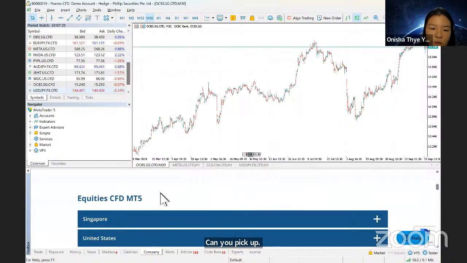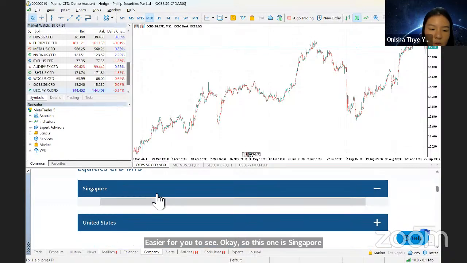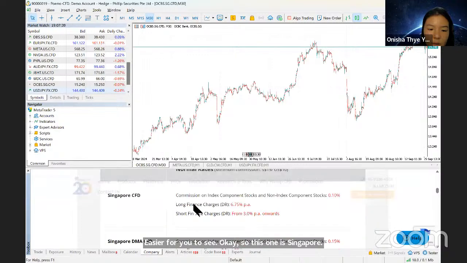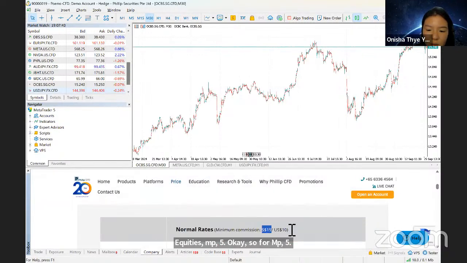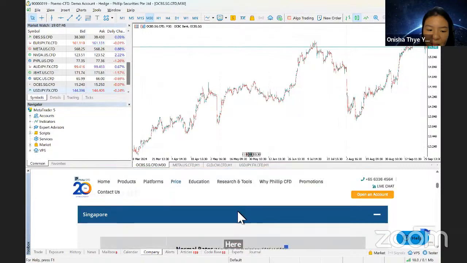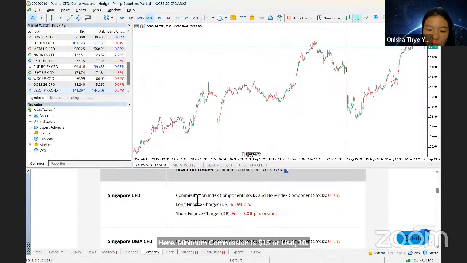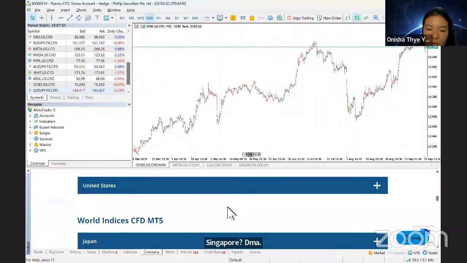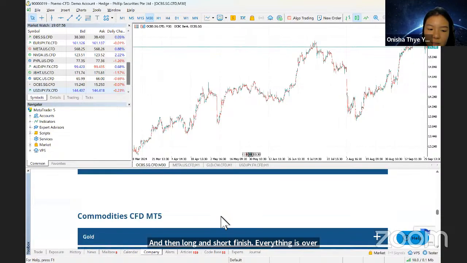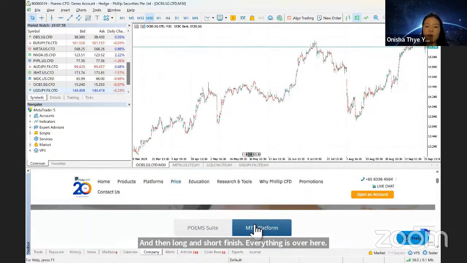Okay, so this one is Singapore equities MT5. Okay, so for MT5, here minimum commission is $15 or USD 10. Okay, so you can see what the commission is for Singapore DMA, and then the long and short finance charge. Everything is over here. US also, and the indices, you can have a look. So this is the MT5 commission.